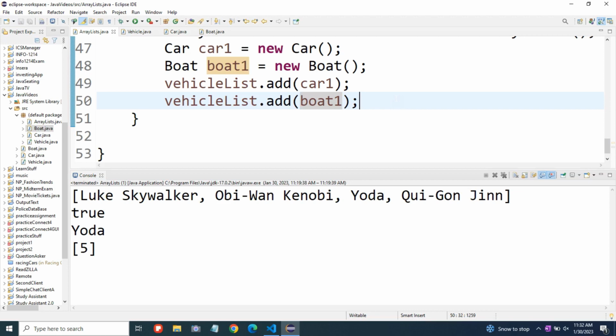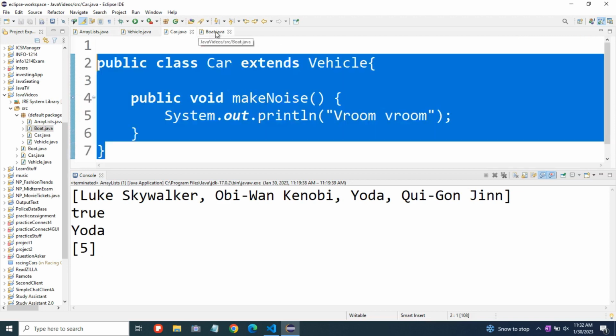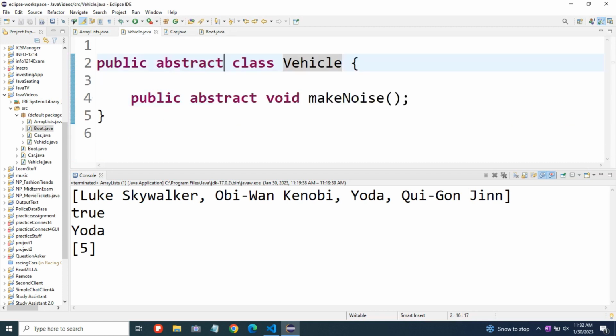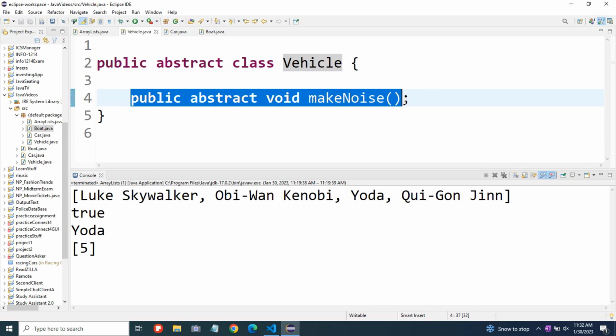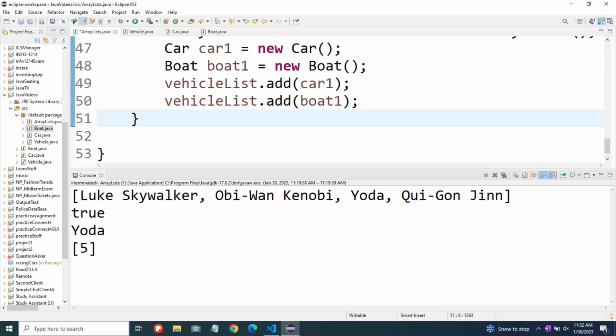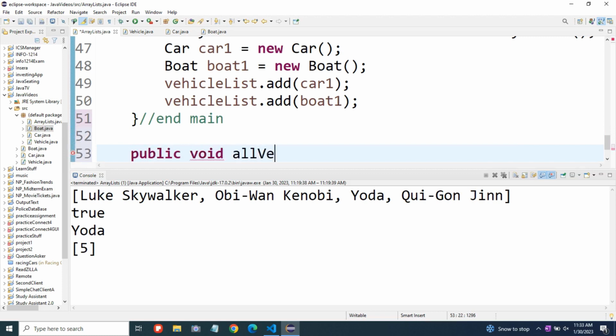And now we can do something even more awesome. Because we know cars and boats both have to have make noise methods, since we declared that in our abstract class, that all classes inheriting from vehicle have to have a method called make noise. Now we can make a method that accepts our array list of vehicles and just makes all of them make noise. So if we say public void allVehiclesMakeNoise, and just accept our array list into this method,